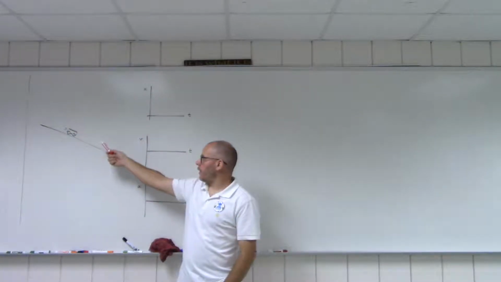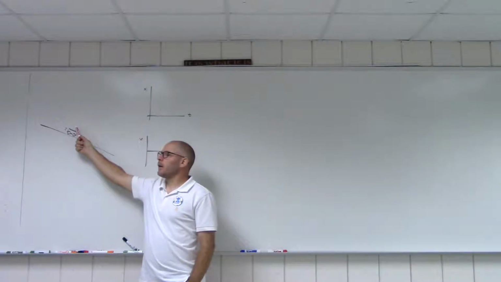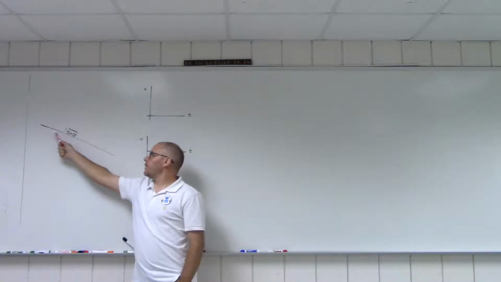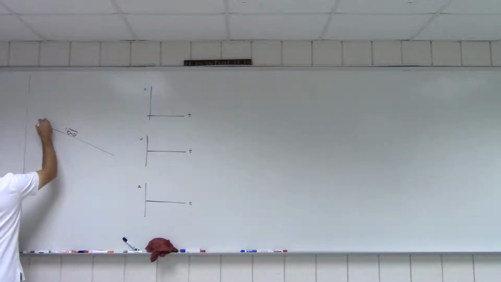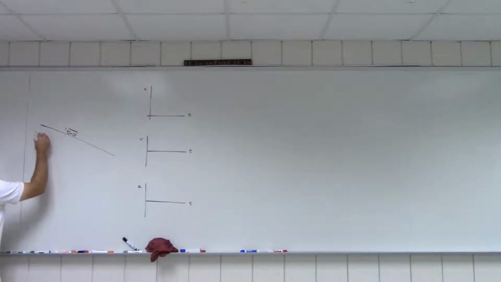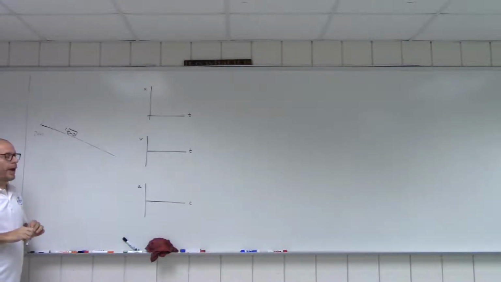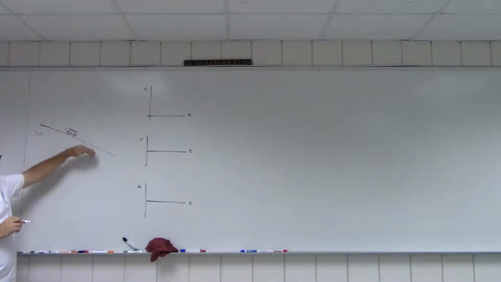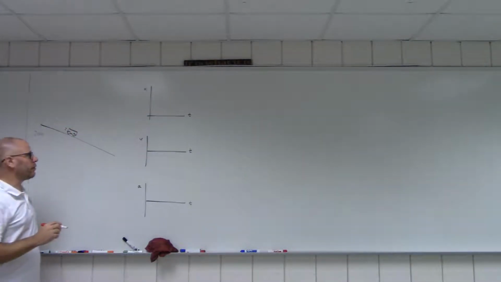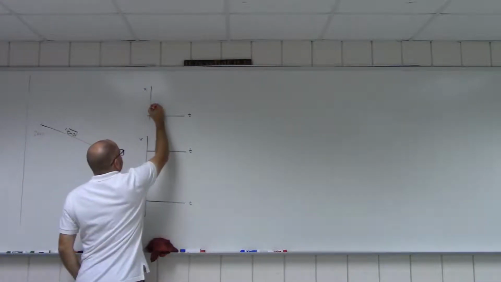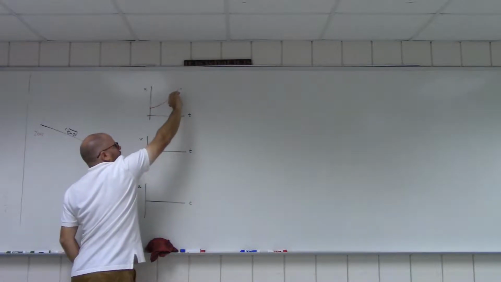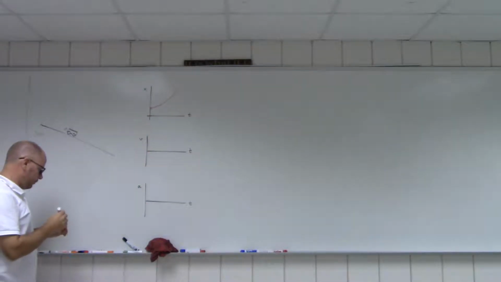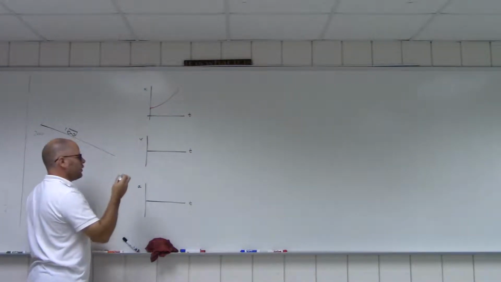If this is our cart scenario, it's on the ramp. When we start looking at it, it's somewhere in front of the zero. It's already moving to the right, so its velocity is to the right, its acceleration is to the right, and its position is to the right. So this guy is going to start already moving and getting faster. So its velocity is